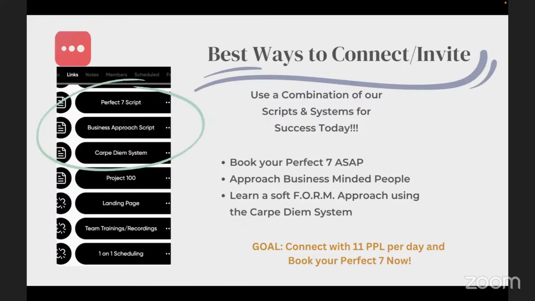Now, one of the goals is that when you are connecting with 11 people per day, you can perfectly fast book the perfect 7. Let me tell you what the perfect 7 is. The perfect 7 is simple: the first 7 presentations that you do with your upline or with your leader. But the goal is after you do 7